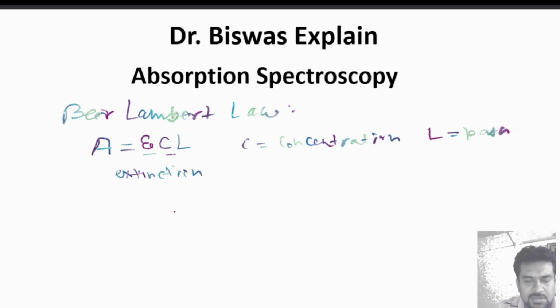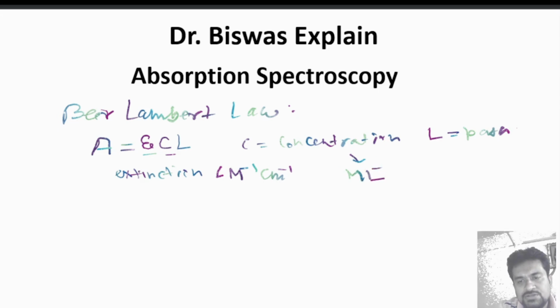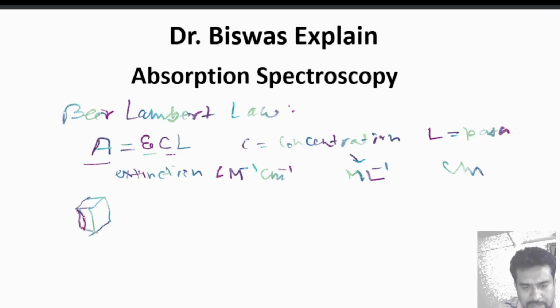So the extinction coefficient has the unit of liter per mole per centimeter, and the concentration is simply mole per liter, and length is centimeter. So if you just multiply those things, it becomes dimensionless, which is the absorption here. So suppose you have a cuvette here. Cuvettes are generally polished quartz,